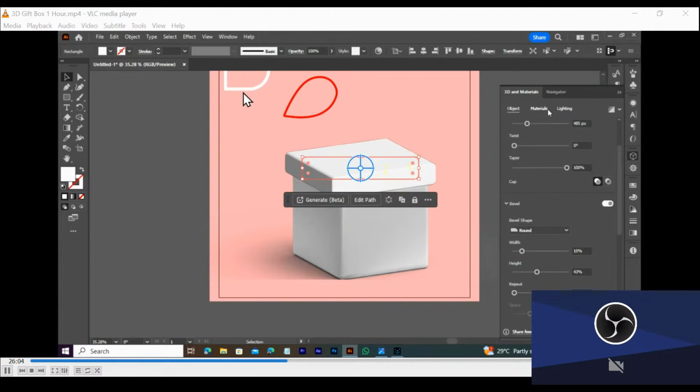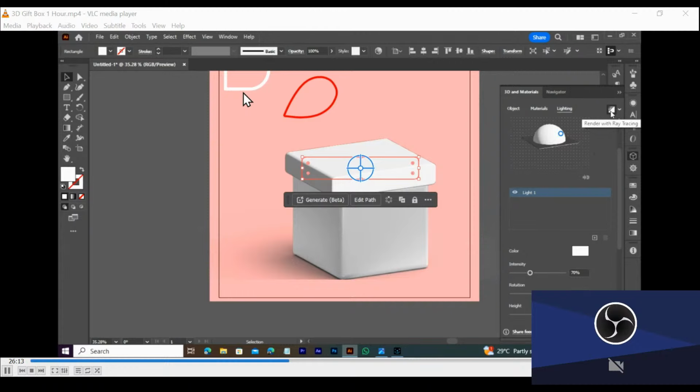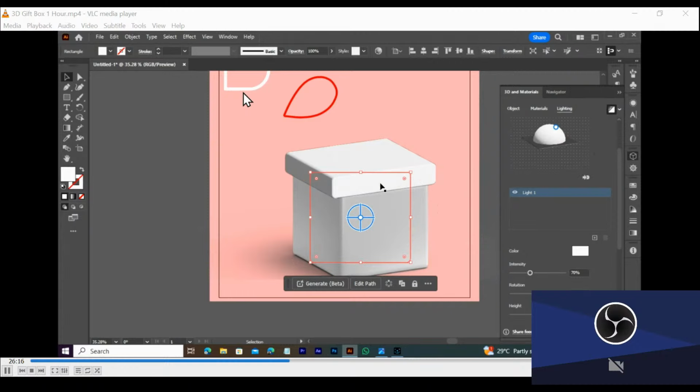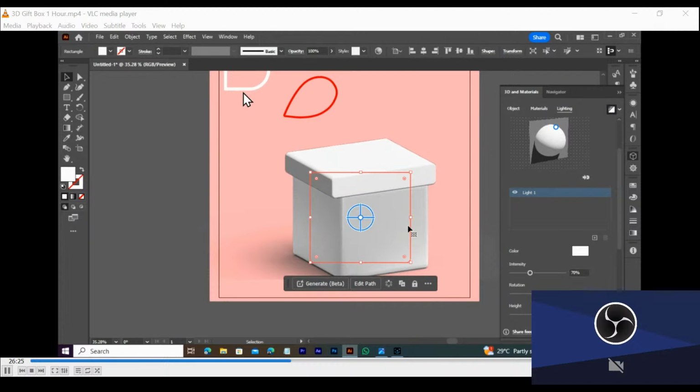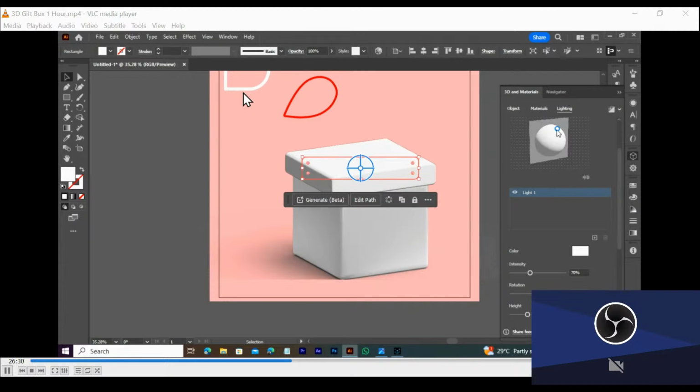Let's go to the lighting. I'm not really interested in shadows for this. The box shadow can cater for this. Let's let everything be uniform. Let the lights be similar to what the lights are reflecting on the box, like you can see this. Yes, something like that. Okay. So we'll render with ray tracing to give it a realistic